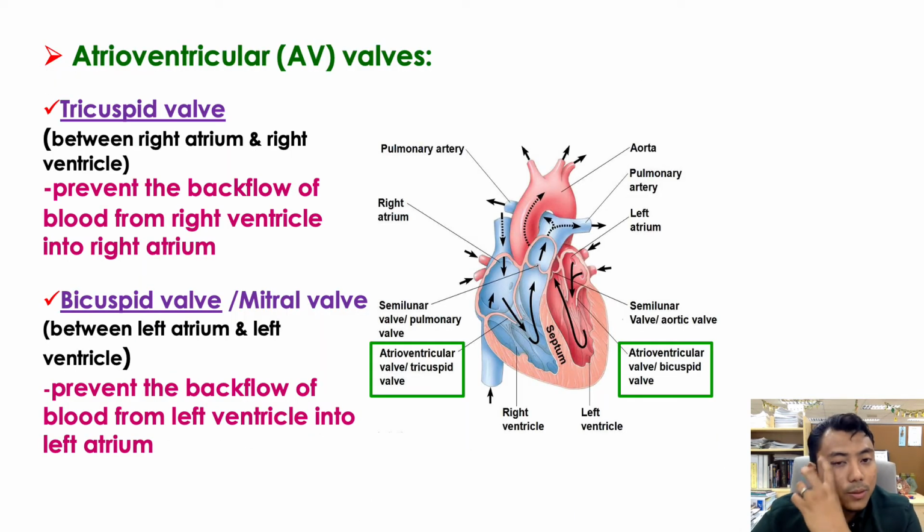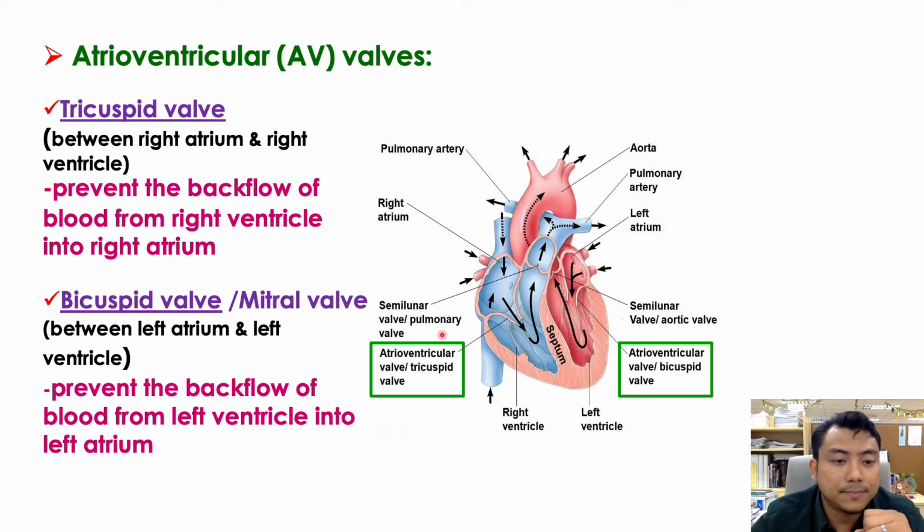Okay, so AV valve. So kita ada tricuspid and bicuspid. So tricuspid is between the right atrium and the right ventricle. So tricuspid adalah di bahagian kanan. Remember, kanan tu ialah kanan pesakit kita, bukannya kanan kita. So here is the AV valve, tricuspid valve. Yang ini, the one that I'm pointing right now here, these two. Okay, the bicuspid valve, or also known as mitral valve, is this one, sini, yang ini, and also this